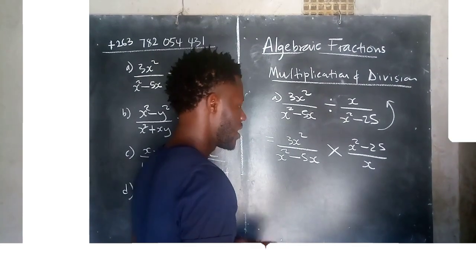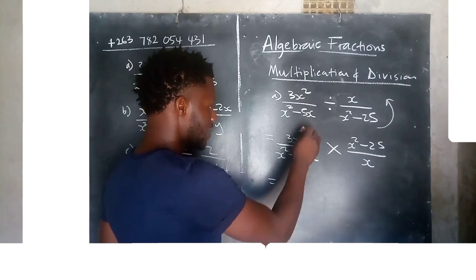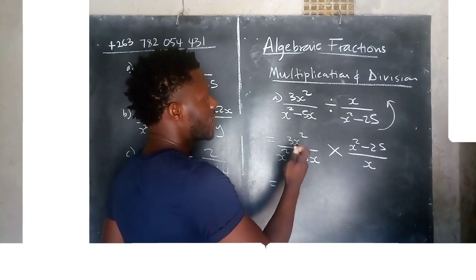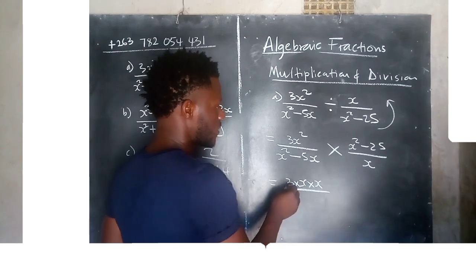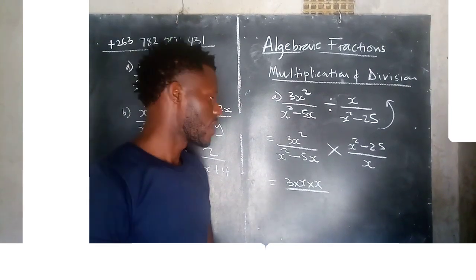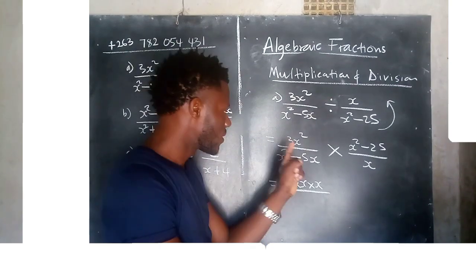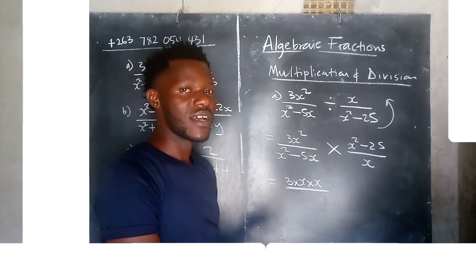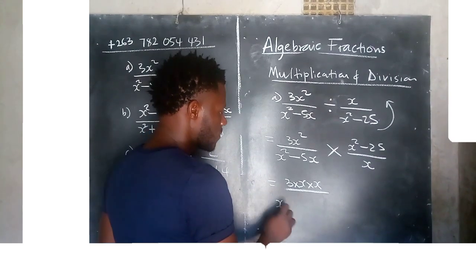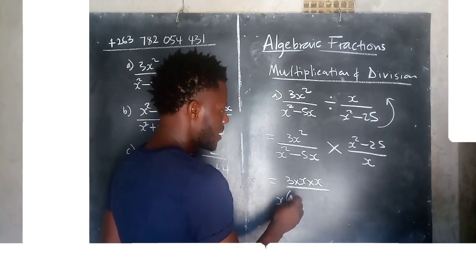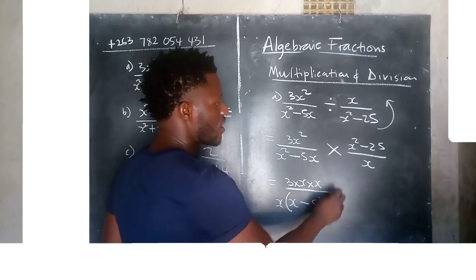After factorization, you cancel similar brackets. So in this case, the numerator will remain 3x, or you can say 3x squared is 3 times x times x. Then the denominator, we need to factorize. This is not a difference of two squares, because 5 and x have no whole number squares. So I'm going to factorize x squared minus 5x: x into x, you get x, minus x into x, you get 5, like this, multiplied by